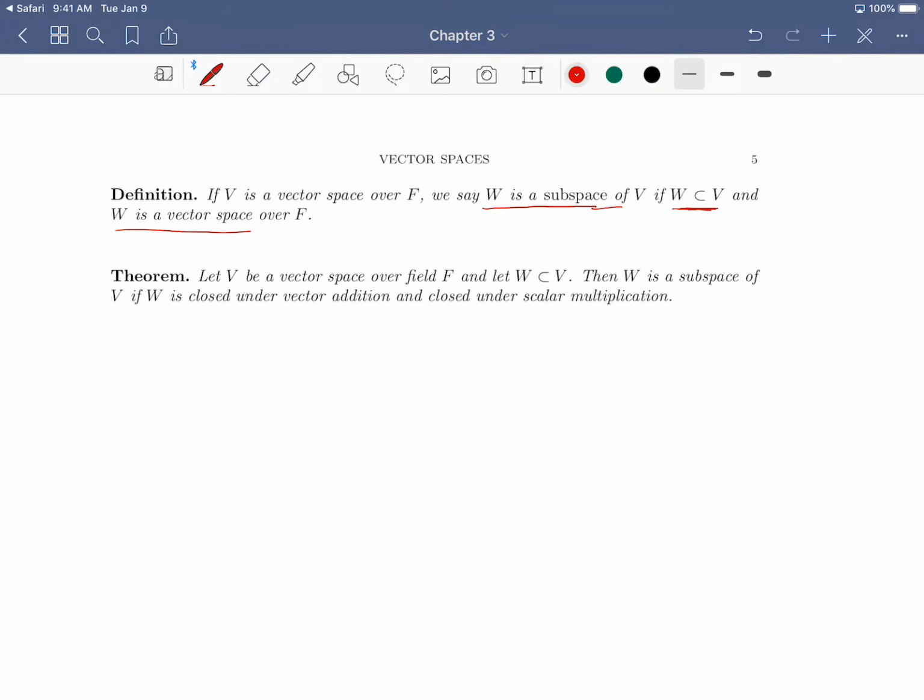And this is a useful idea because of the following theorem. The theorem says if you have a vector space V and W is a subset, then it's a subspace if two things hold: if it's closed under vector addition and closed under scalar multiplication, and that's it. This is a pretty powerful result, and it's sometimes called a subspace test. What it's telling you is that W is a vector space if those two properties hold, closed under addition and closed under scalar multiplication, when you are in this setting of being a subset of a larger